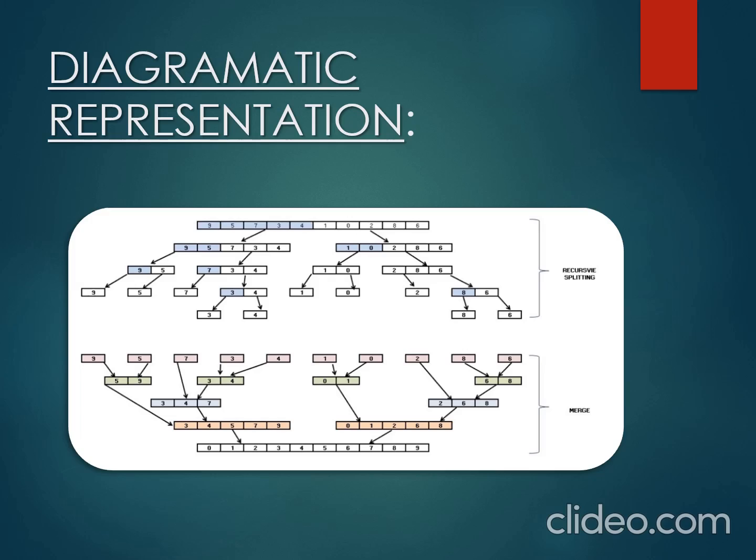So this is the basic diagrammatic representation of merging. Here we first divide the array to get the different elements in that array. After getting those elements, we compare each element with the other elements, and we get different arrays like this. After the first pass we got this array with two elements, after the second pass an array with three elements, after the third pass five elements in the same array, and after the last pass we get the totally sorted array.